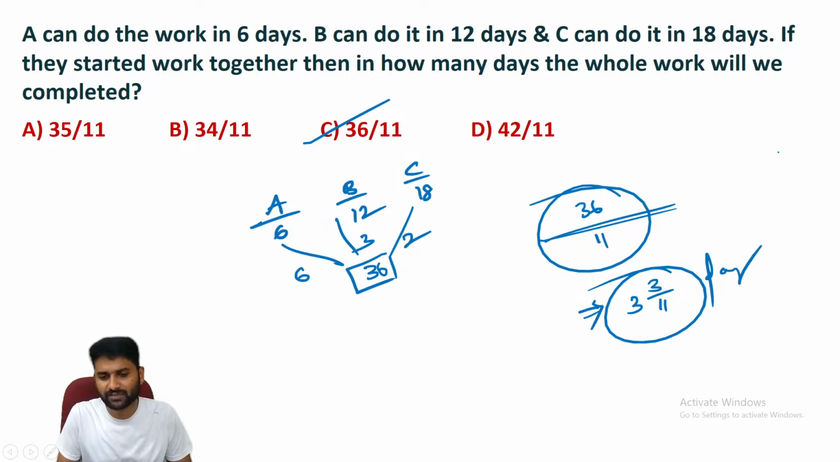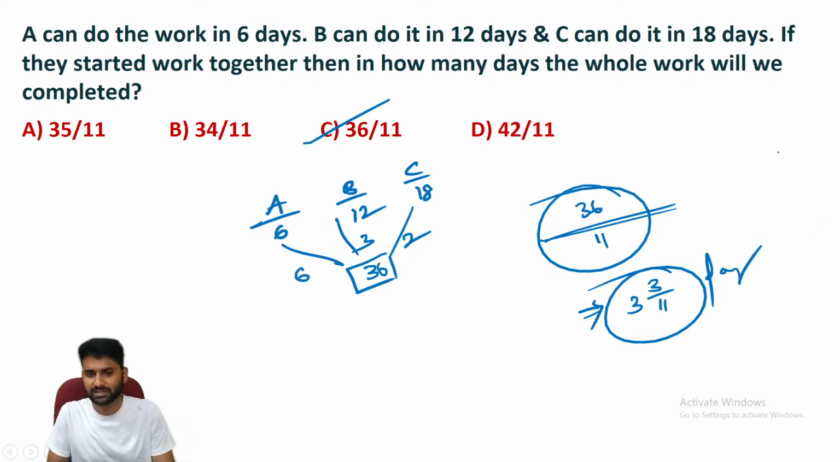You check your options, whether it is a fraction or mixed. The fraction is 36 by 11. It is a mixed fraction, 3 and 3 by 11. Guys,